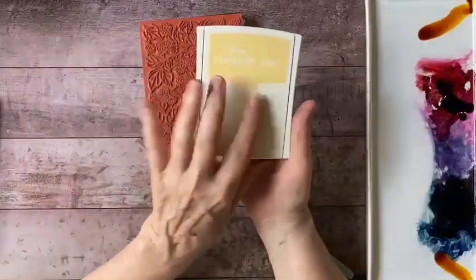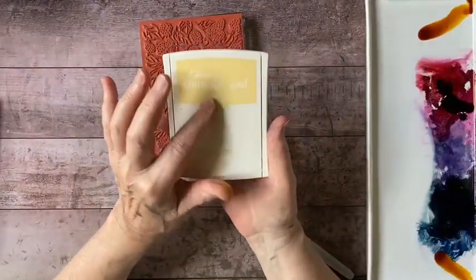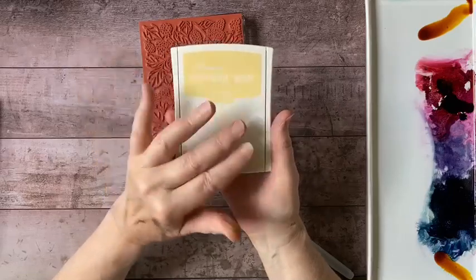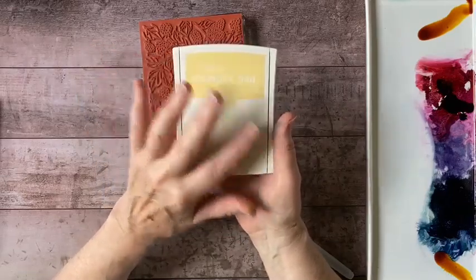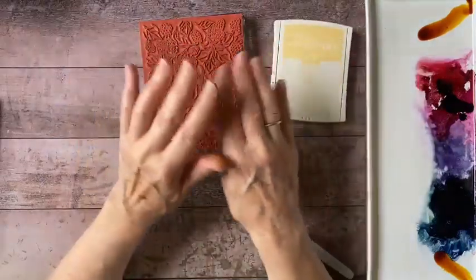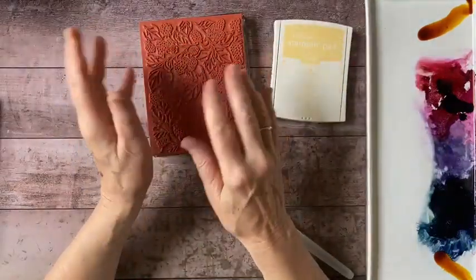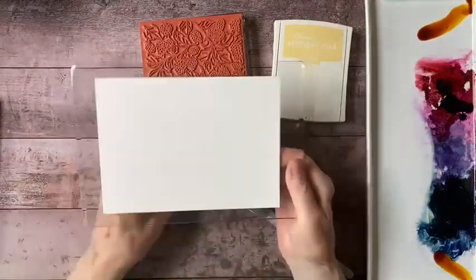So any kind of light ink will do, because you want that edge to melt and blend into your painting and disappear. I'm not looking for a lot of outlines on this. I want it to look more like a painting, less like an illustration. So I've got my piece of